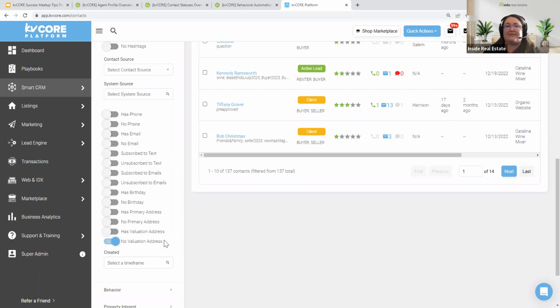I can send them a link, email them and/or text them a link to the seller evaluation page on my site. I can give them a call and say, hey, I've noticed you're not getting up-to-date equity reports. Let's do that, right? So you can look for contacts with no valuation addresses and call through those people.